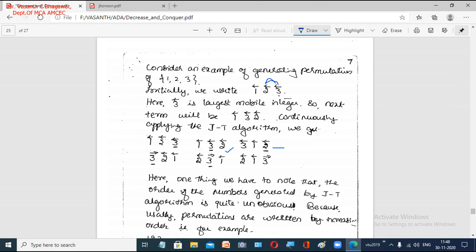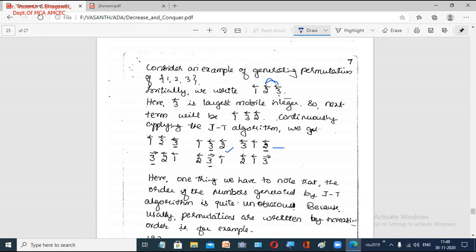Clear? Now you have to see whether there is any other element which is greater than our mobile element. Our mobile element is 2, and we have the number 3 which is greater than the mobile element. What it says is to reverse the direction of all such numbers.